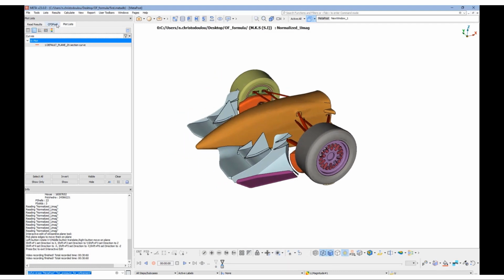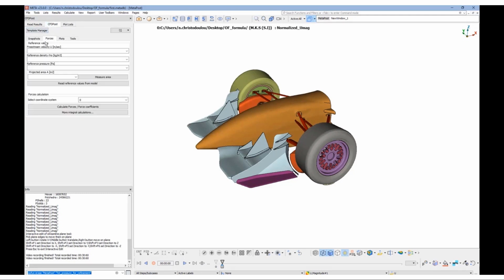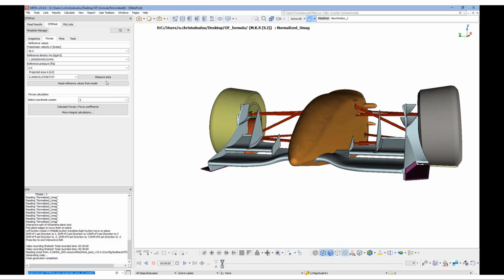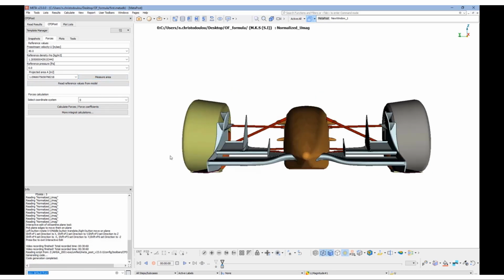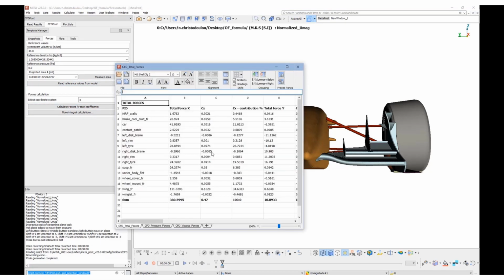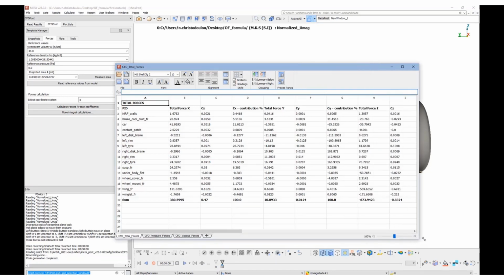However, something that we need to include in the report is forces and coefficients. So we can use the CFD post toolbar for the calculation. The reference values can be read directly by the OpenFOAM directory, or the user can set them up. Meta can also measure the frontal area. This can be done if you properly orient the model facing the screen. Since it is a pixel-based method, proper orientation is vital or you will get wrong results. Let's include this table of forces and coefficients in our report.